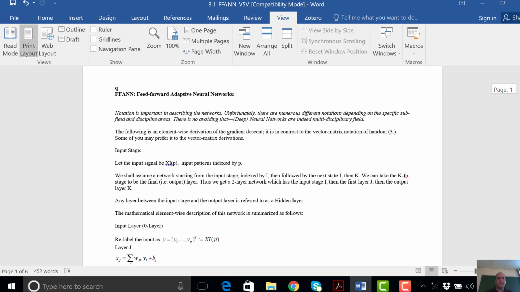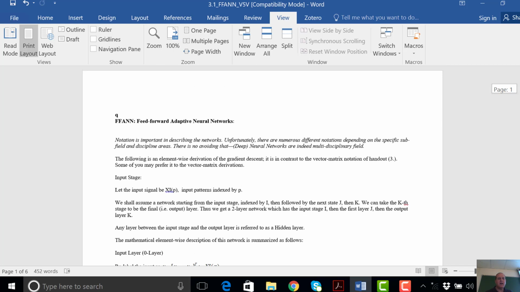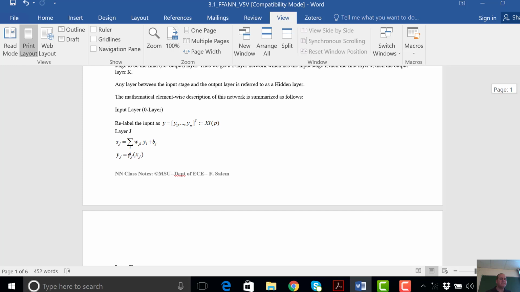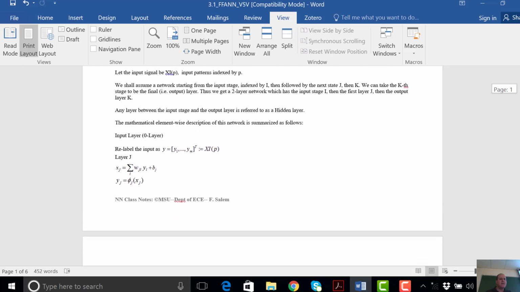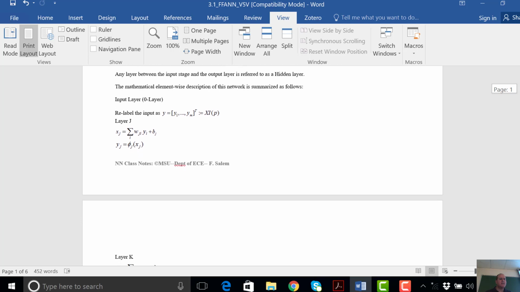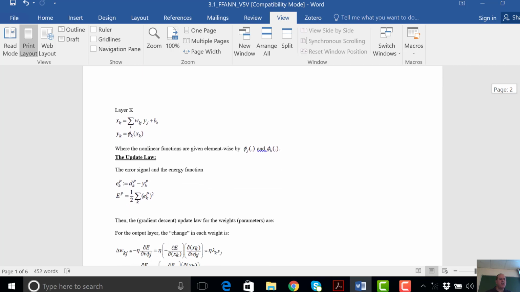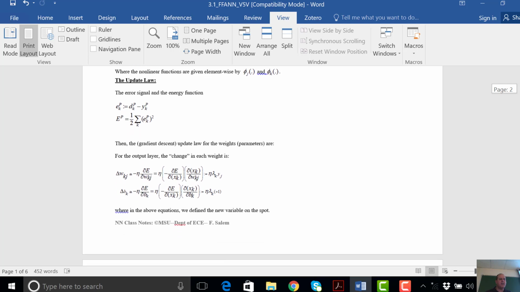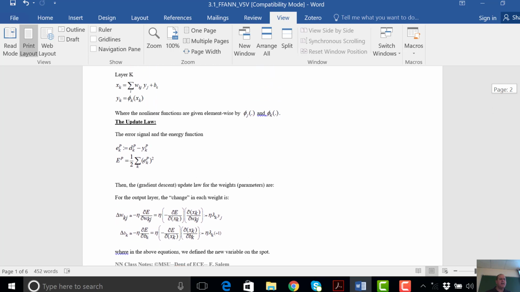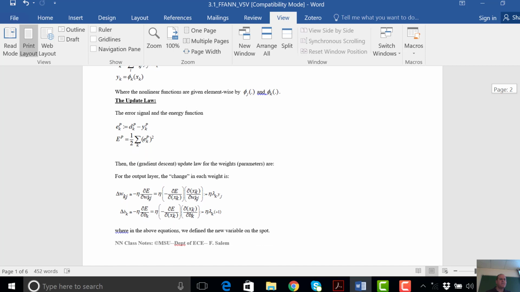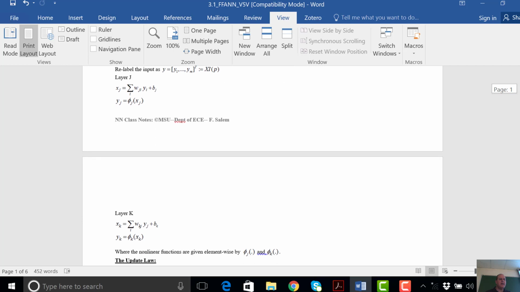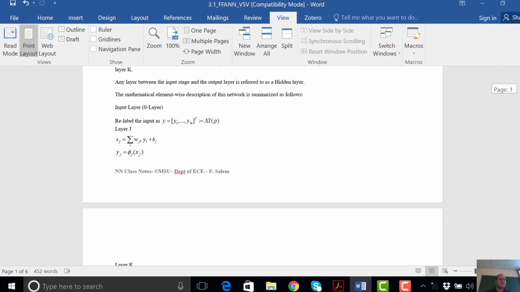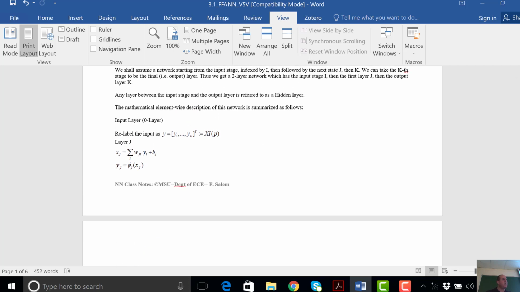So for example, I have this note 3.1, which looks at the pointwise derivations of multi-layer neural networks, pointwise, and looks at the update law. Okay, so maybe I'll quickly walk through this one here. Okay, so if I have